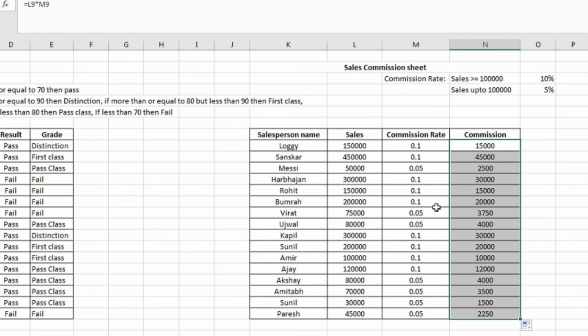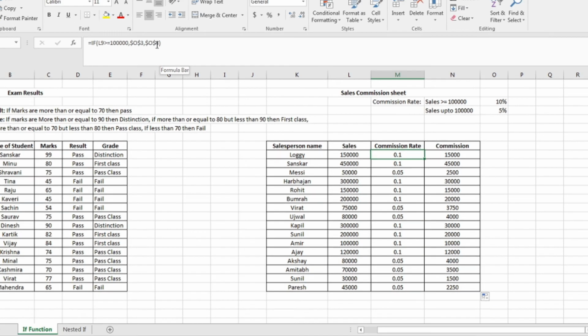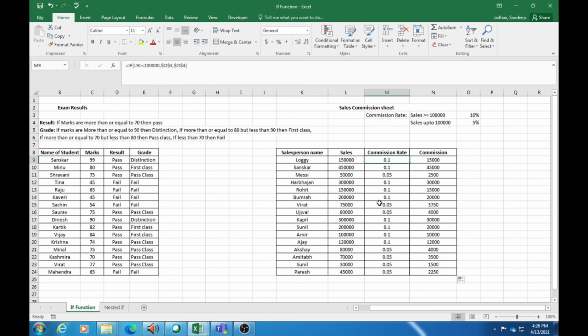So this is the way we can find out the rates by using the conditions which are already given in a particular cell. What did we do here? We have selected a particular cell, but make sure whenever you want Excel to pick up the value from that cell, we need to lock that cell in the formula like this. That is what we did with the help of F4. So that is it in the IF function.